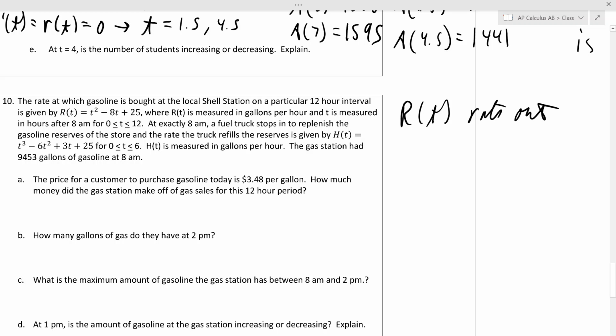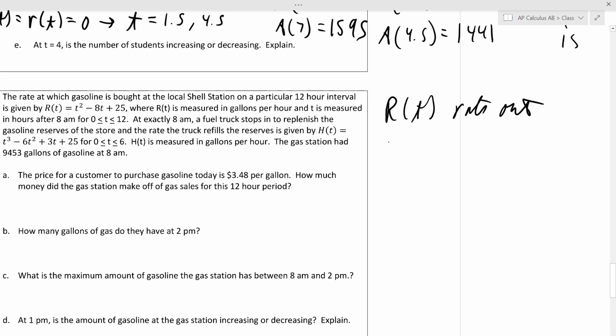At 8 a.m., okay, now 8 is for 0, okay? So it says hours after 8 a.m., and we're starting from 0 to 12, so 0 is 8 a.m. Okay, so at exactly 8 a.m., a fuel truck stops in and starts putting gas back in, okay, at the rate of. So H of t